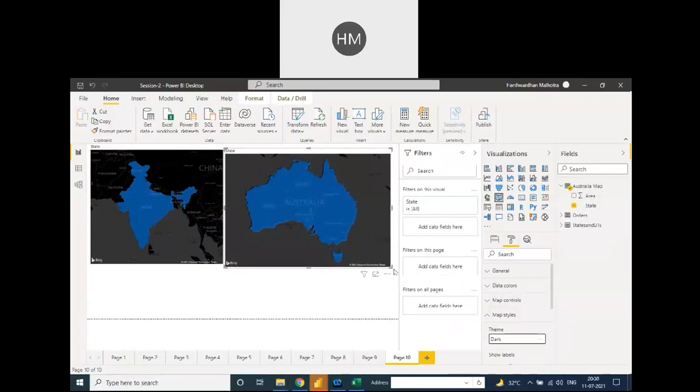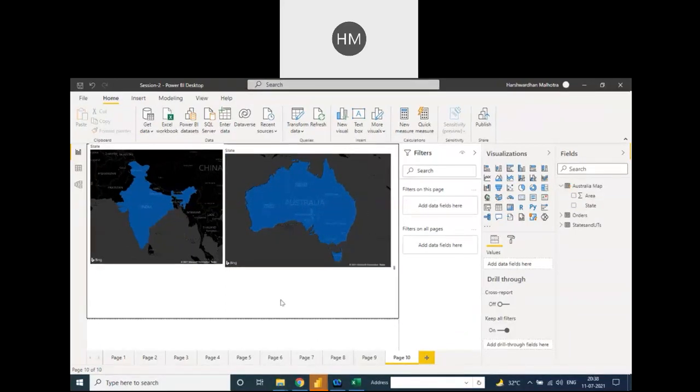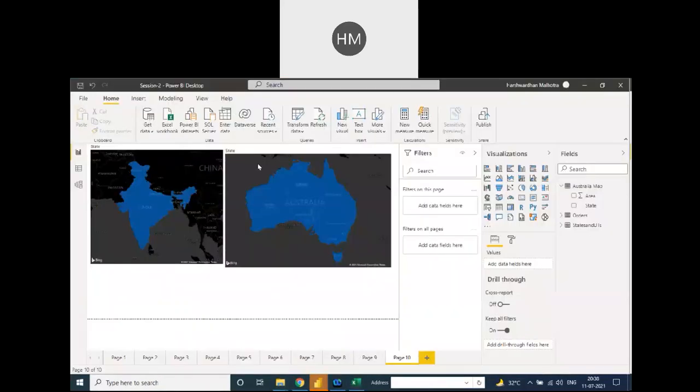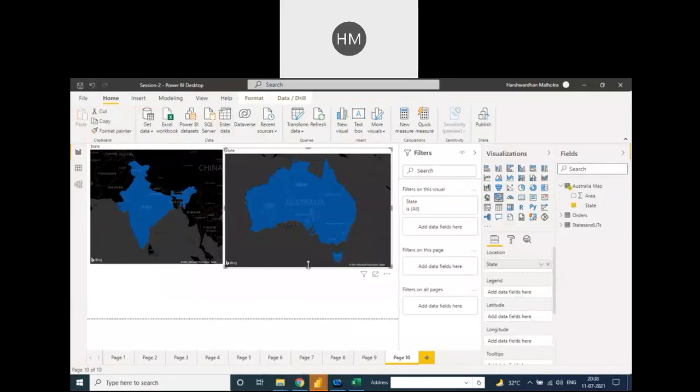So you need to do it in a simple way, like on the Excel as well as when you put in the manual data. So we have covered both charts, the simple chart as well as the pie chart, the field chart as well as the manual chart. How to enter the manual data into Power BI. It is the same way to enter data into Power BI. You need to copy and paste as per your requirement. Okay, it means there are two ways to get the data: first, get data, and second, manually. Yeah, right, there are many ways.